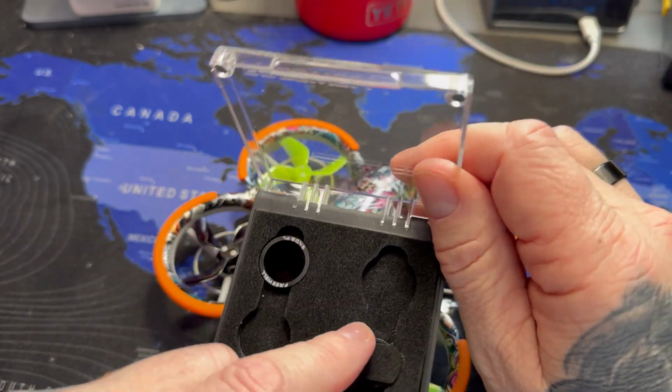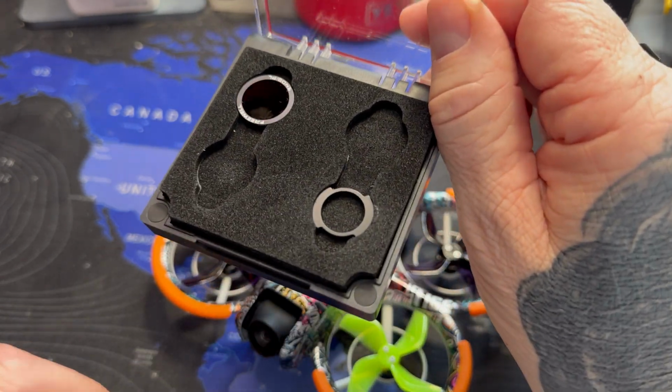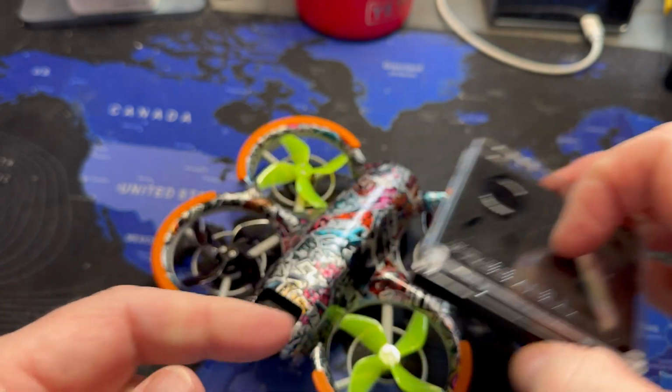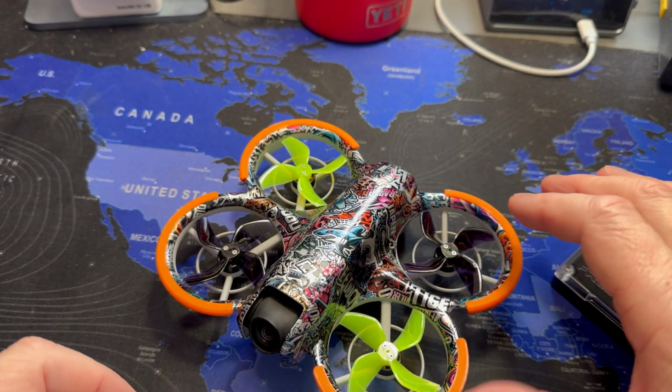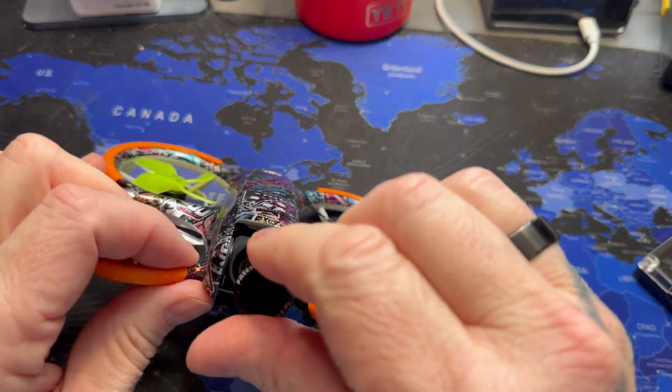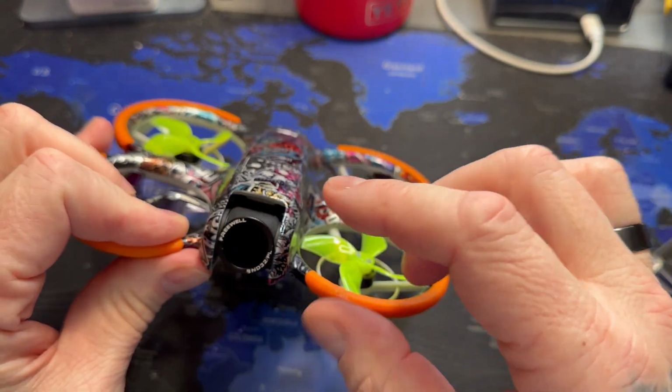And that's because these are only held on by this tiny little magnet which goes around here, and what happens is the filter goes